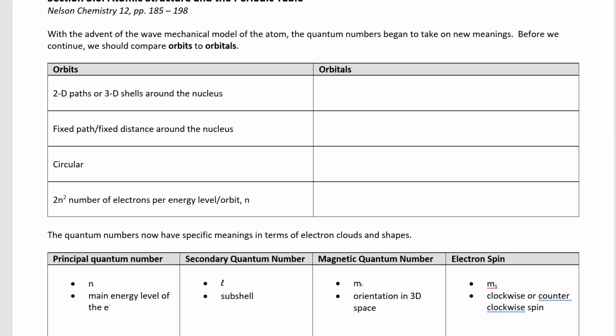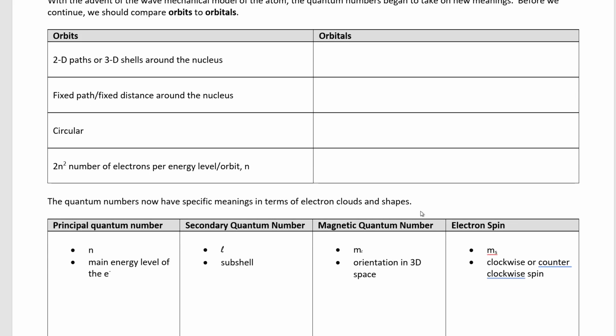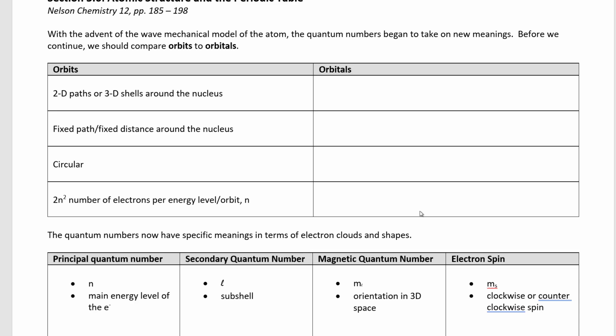We previously looked at the 4 quantum numbers that describe an electron within an atom. So what we'll do now is continue to examine those 4 quantum numbers and provide a comparison with the previous idea of electrons, which was orbits. So we're going to look at orbitals. And then we're going to look at how those quantum numbers all play out in terms of an energy level